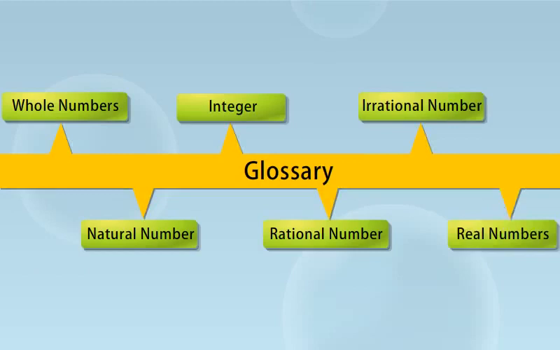To rationalize a denominator of 1 upon root a plus b, we multiply this by root a minus b whole upon root a minus b, where a and b are integers. Let a greater than 0 be a real positive number and p and q be rational numbers, then